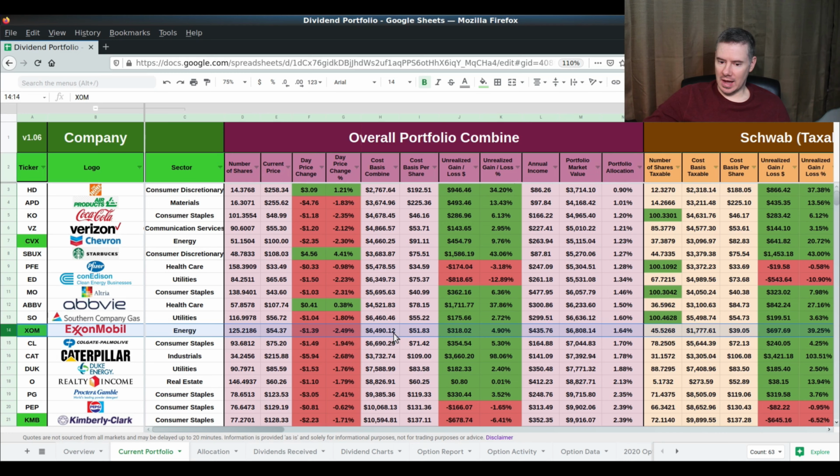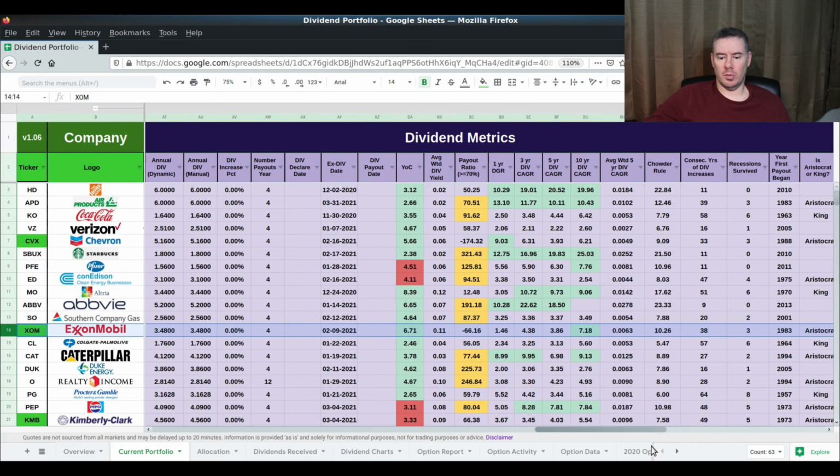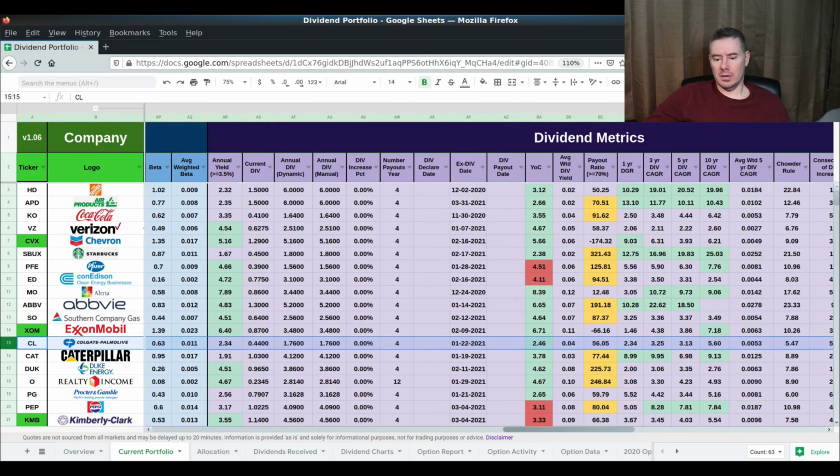I had a down day today, but my cost basis is 51, and I'm up about 4.9% in that stock alone. And my yield on cost is 6.71%. That brings us to Colgate-Palmolive there, a good consumer staples defensive play there. I got 93 shares total, and I had a good sell-off today as well. My cost basis is 71.42. I'm up 5.3% in that stock, and my yield on cost is